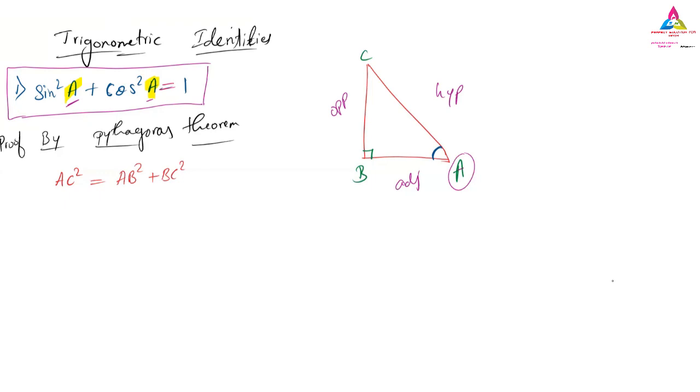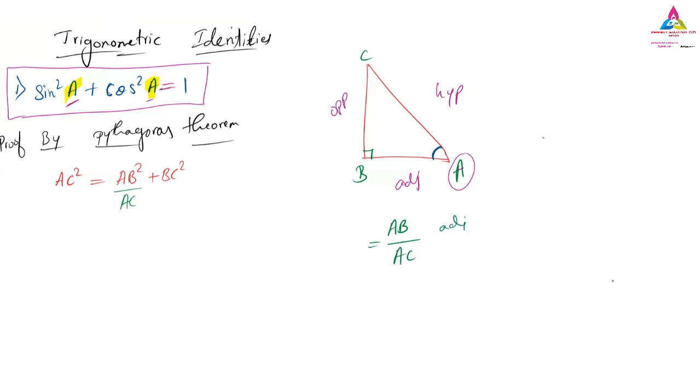Now in this, we want the final answer as 1. In sine and cos, we get the hypotenuse in both functions, because we divide by the hypotenuse. So I want to make this AB divided by AC. Why am I doing it this way? Because AB is the adjacent side, and AC is the hypotenuse. So what is AB by AC? It is nothing but adjacent by hypotenuse.